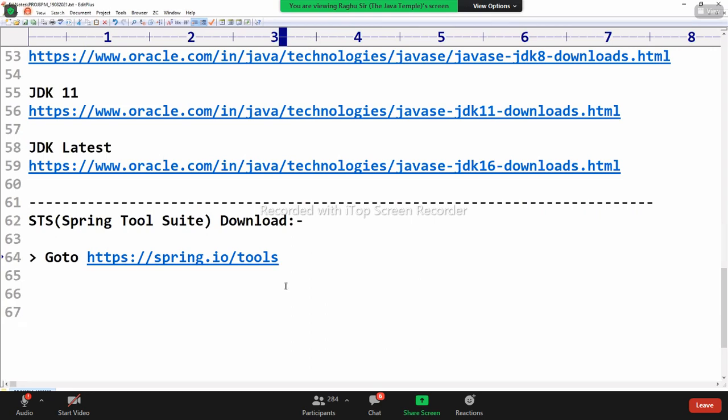Which bike you are using, which dress you are wearing, which laptop you are using, no one asks. The point is, finally, whether the code is working or not, that is important. STS works a bit better in case of less GB RAM. Increase RAM also if possible. Go to this one, download. Double click to extract.